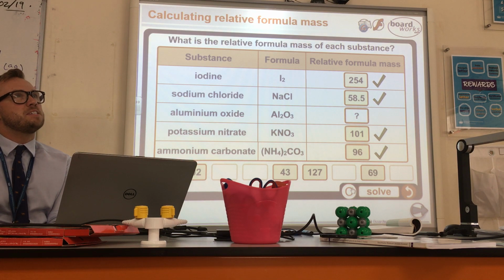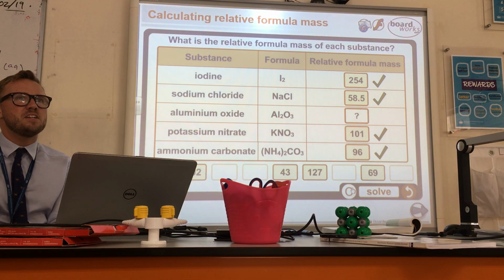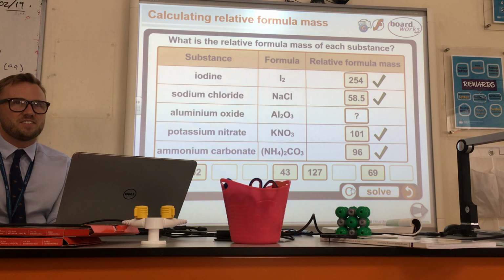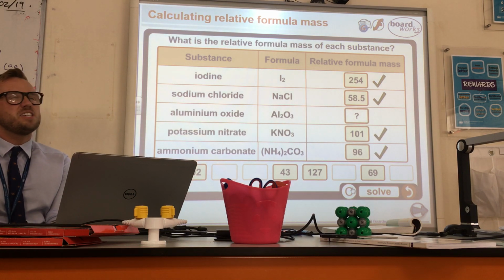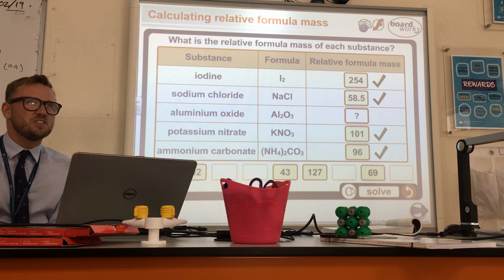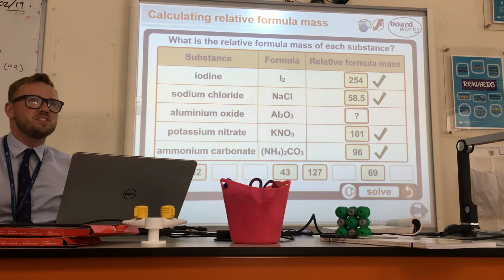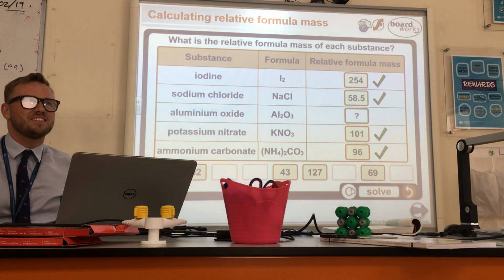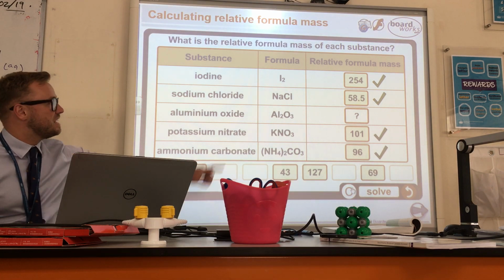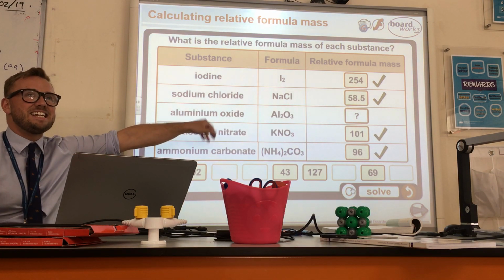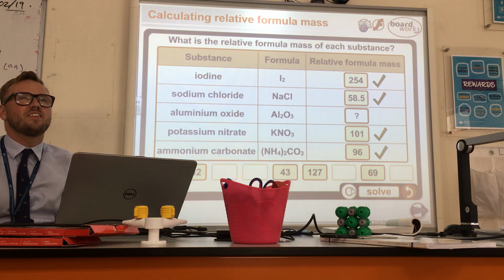Aluminium, how heavy is that aluminium? Let's help her out. I think it's about 27. Oxygen is 16. Oh, so 24. 24 is not an answer you could choose. Plus, if it's 27, how many aluminiums are there? 2. 27 add 27 is what? 54. 16 add 16 add 16. 48. 54 plus